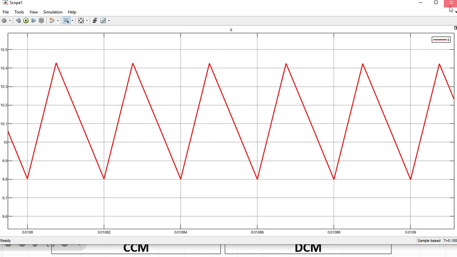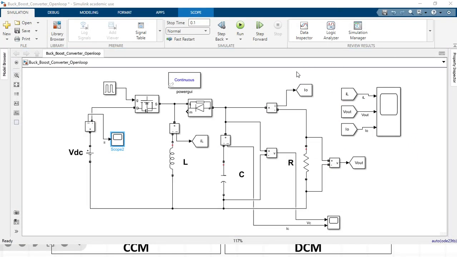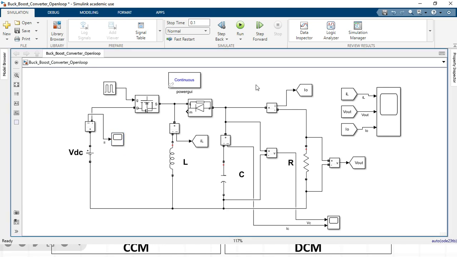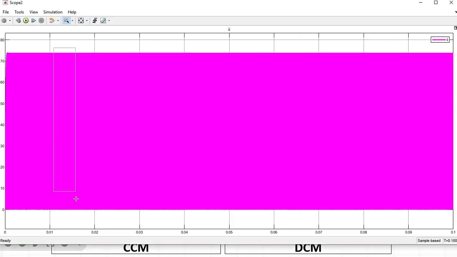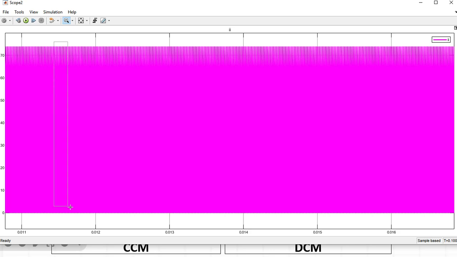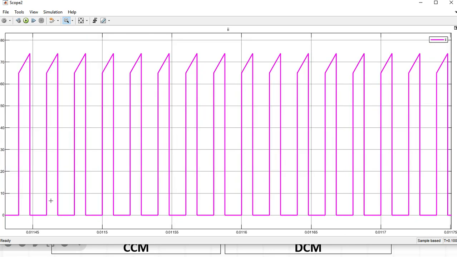Now I will go to the buck boost converter file and show you. So this is the buck boost converter I have in front of you. I have simulated it once so that you can see the behavior. Now I will show you the waveform. Maybe you know the nature of the waveform. Again, when the switch is on, it will go to a particular value and increase, and when the switch is off, its value is zero. So this is the actual behavior that a boost converter and buck boost converter generally have. If you know about this, then you are a really good student.